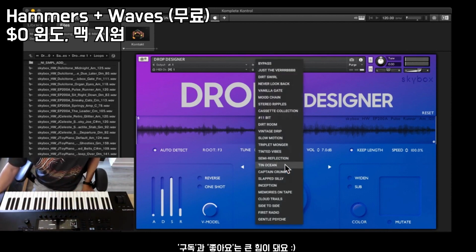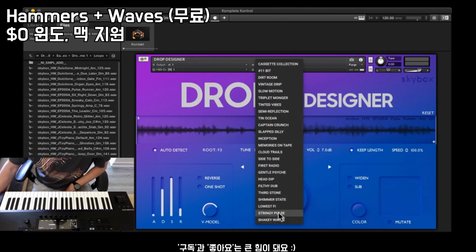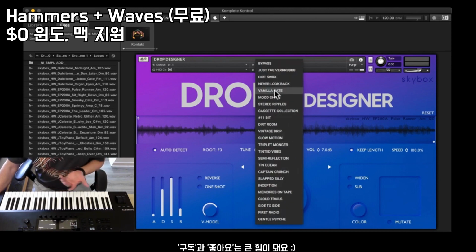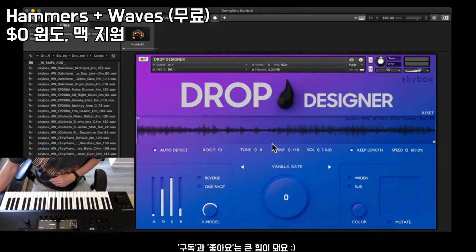And like I said, I used the vanilla gate. The other thing is, why are these not in alphabetical order? It is quite annoying, and there's no reason for this not to be in alphabetical. Vanilla gate, it's like fourth. I mean, it makes no sense at all. Basically, I said I reversed this, and I put sub on, I think, and